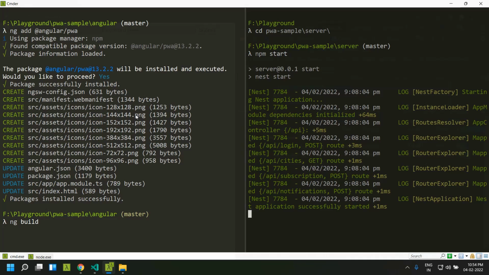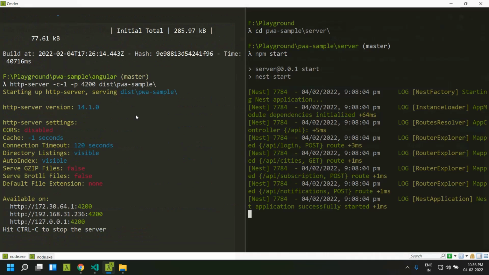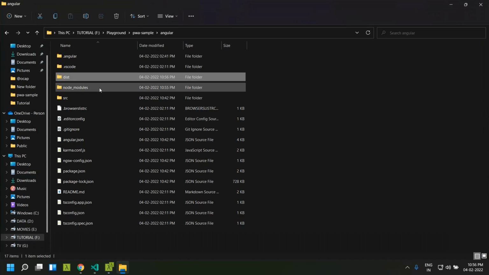So here I am going to build my application. Our application has been built. Now let us serve this application using http-server. So I am using http-server -c-1 because I don't want any caching within the http-server. And I am using the port 4200 and I am serving the test PWA sample folder. Now if we go to that particular folder,